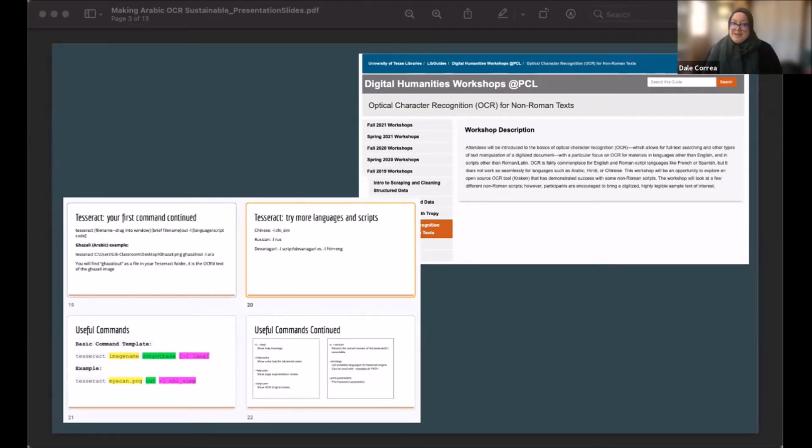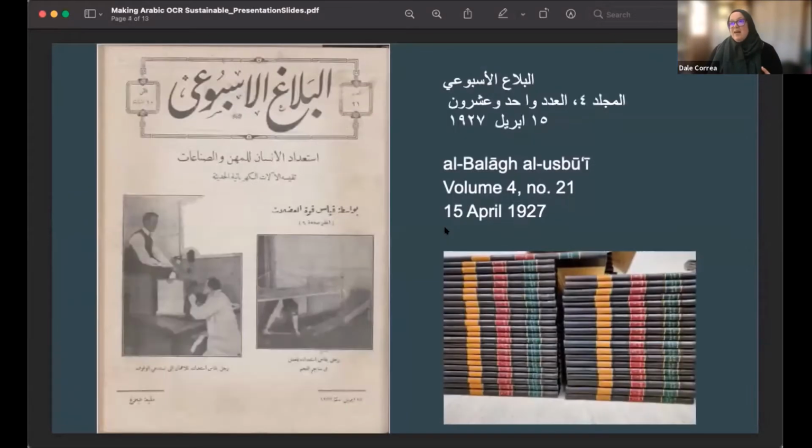So what is the project? The project itself was initially conceived with digitization considerations in mind. And I think that has been a really important aspect of what modest success we've had with this. And I say not just with OCR, not with just getting legible Arabic text out of these images, but having the whole thing work to go from acquiring the journal to having the images in the digital collections portal to being able to save this OCR data to apply in the future in some other manifestation of the DAMS that